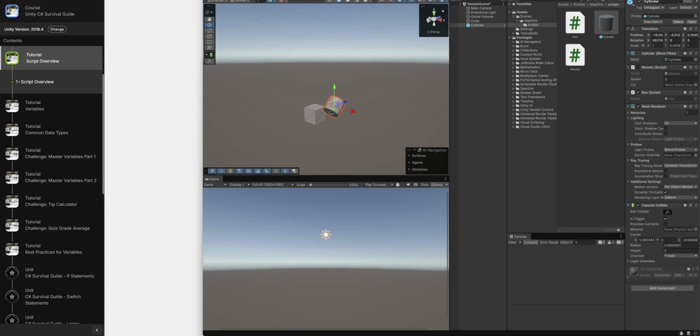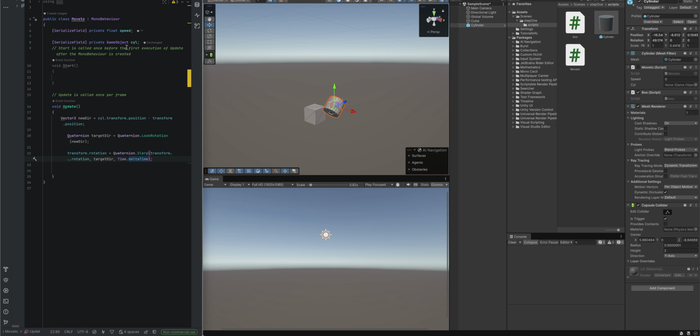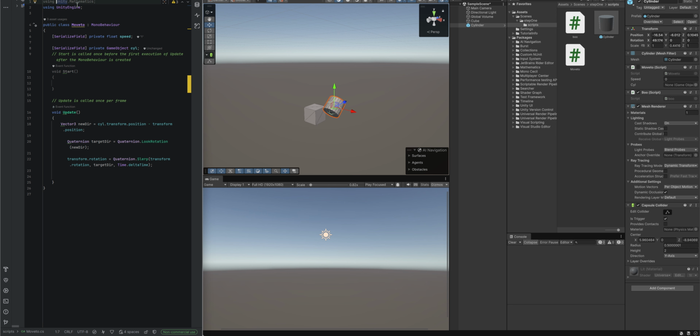Okay, it's really simple. It's not much to go over. Whenever you create a script, you have a class. The class is MoveTo, and it needs to be the same name as the file, MoveTo. Whenever you do that, you have using UnityEngine. To use MonoBehaviour, you need to use UnityEngine, since MonoBehaviour is in UnityEngine. Since you have MonoBehaviour, then